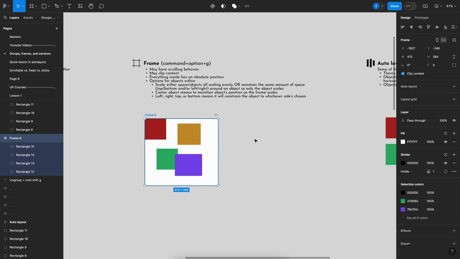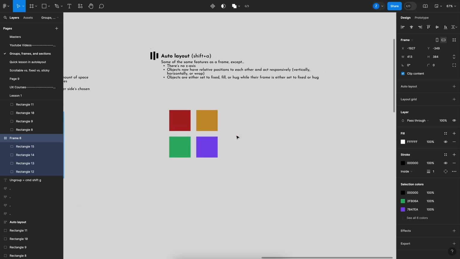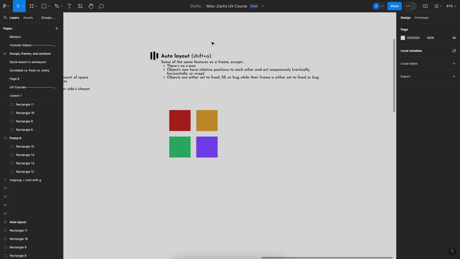So frames, though, it always has sort of an absolute positioning. And then we get over to auto layout. Now, auto layout's the hardest grouping method for folks to get their heads around, but once you do, it's really hard to go back. And you'll want to do auto layout pretty much in every context that you can, because it becomes the most efficient and useful means of organizing or arranging any tables, screens, any of that stuff, any